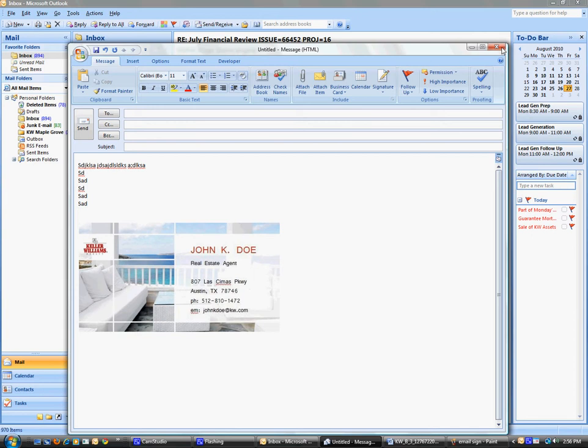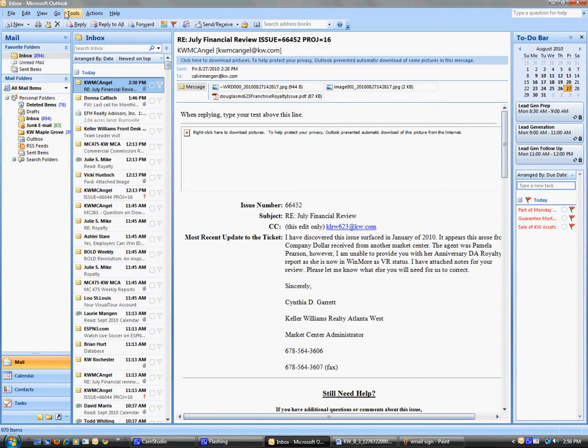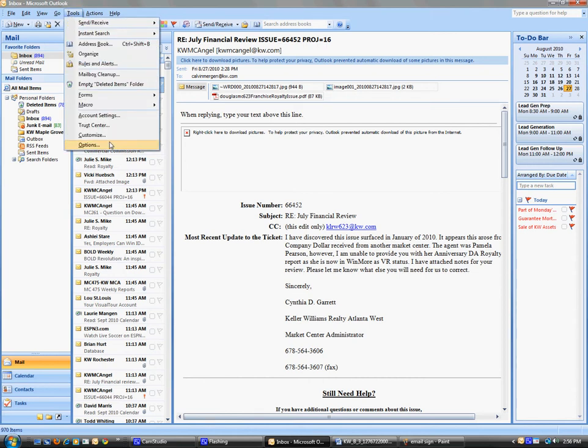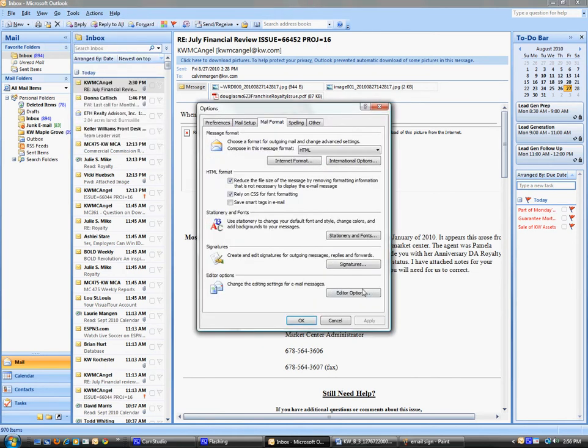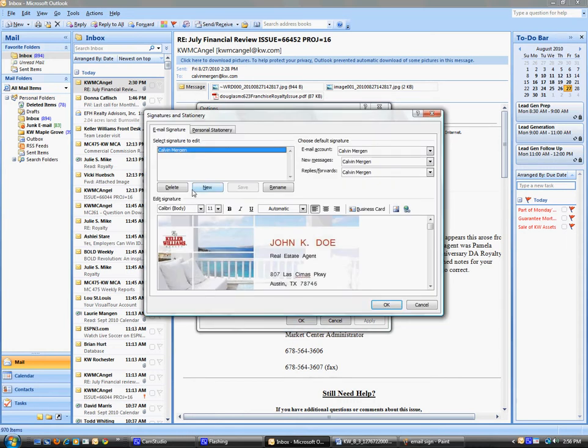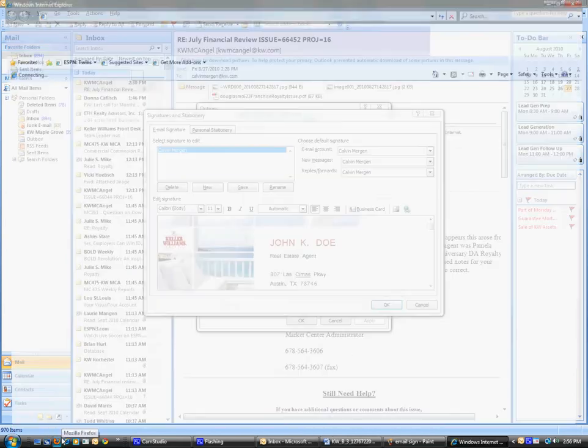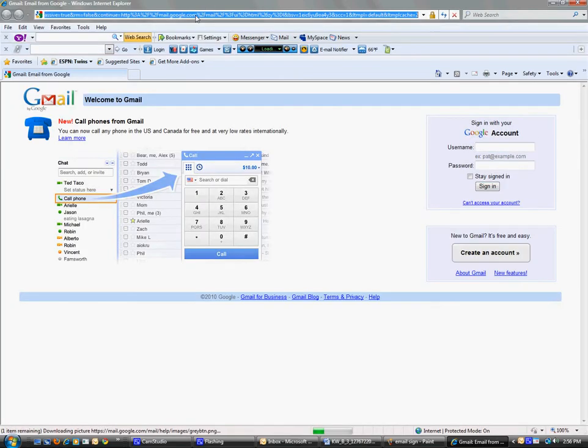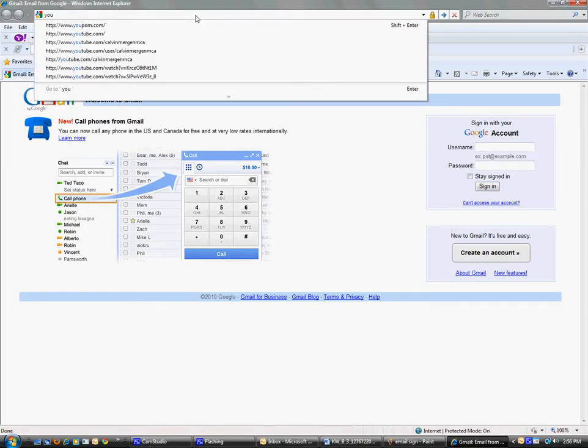The other thing you can do as well, because now it's just an image in the signature, is you can actually have it go to your website if they click on it. So let me show you that real quick. Close this down, and we'll go back to the email signature. So we'll go Tools, then Options, Mail Format, Signatures, go to my Calvin Mergen one, and I'm going to come down here and click on the image. What I want to do is link it to my website. I'm going to link it to my YouTube page. So Calvin Mergen,